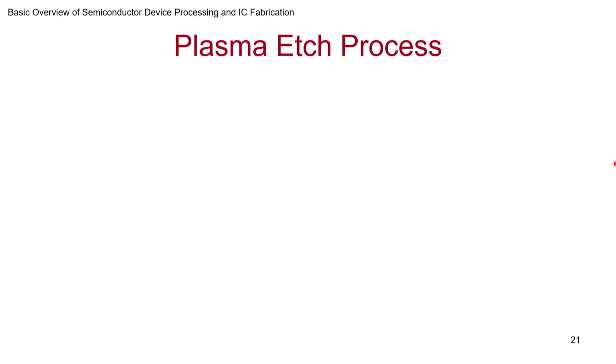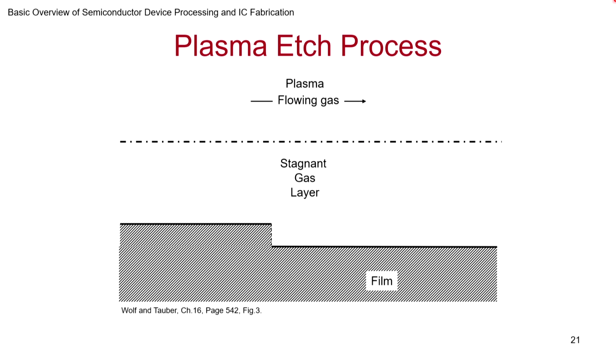So let's see how the plasma etch process occurs. This is similar to some of the deposition processes we saw. The only thing here is, here we want to take things away from the surface. So you have a plasma out here and gases flowing in. So you have generation of etchant species, the species that will come and react and take away material. They are in the plasma state, so they are in an excited state. So they diffuse to the surface.